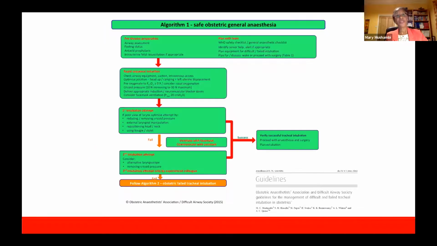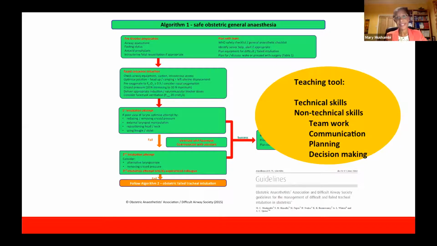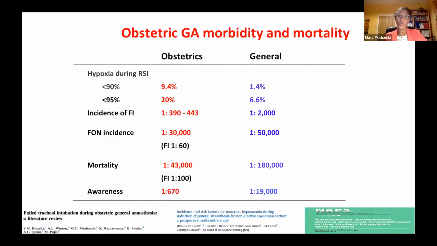Starting off with rapid sequence induction in obstetrics, this is the safe obstetric general anesthetic algorithm that we put into the guidelines. The reason we did this was to try to standardize and modernize the obstetric general anesthetic. It's a really useful teaching tool, because it addresses both technical skills and non-technical skills such as teamwork, communication, planning, and decision-making. The reason we are pushing education is because when we look at the morbidity